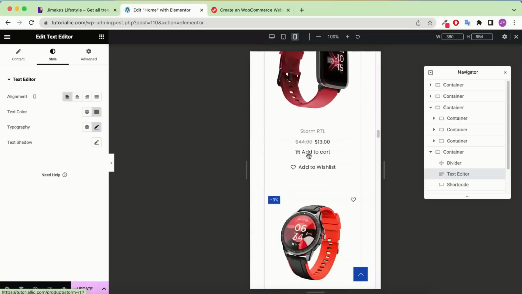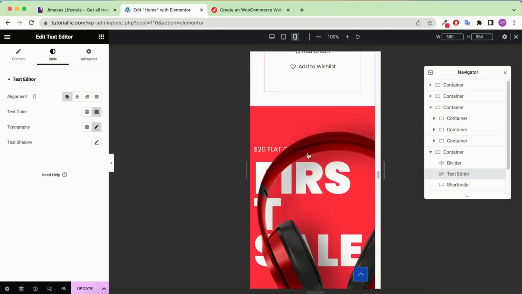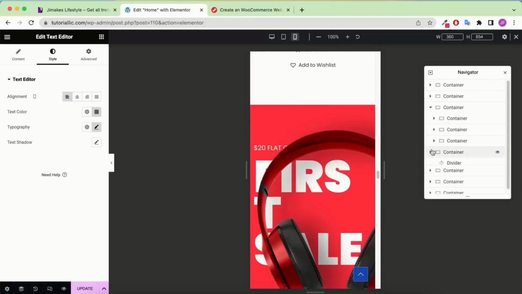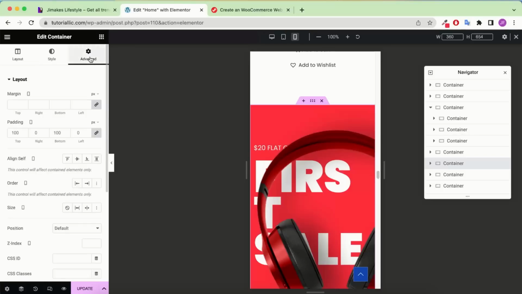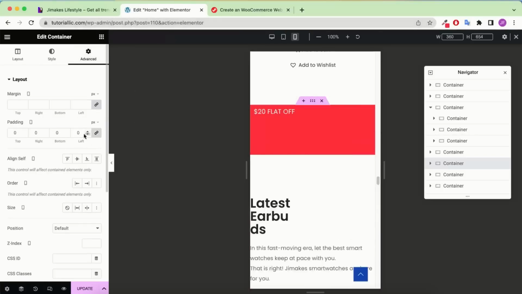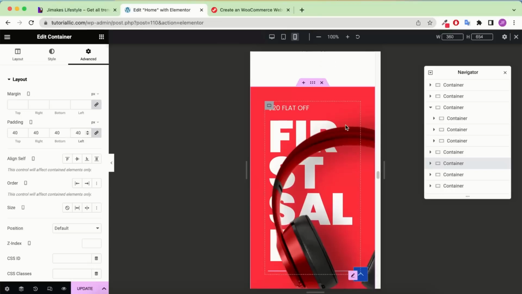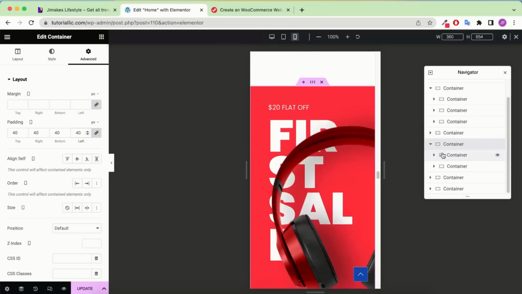And now let's go to the next. Okay, so now we need to work on this section. So let's go to this section, and simply click on this edit container, and let's go to advanced, and we need to change this padding first. Let's add, let's say, 40 pixel all of them. Okay, and now let's click on this arrow, then go to this first container, and let's click on